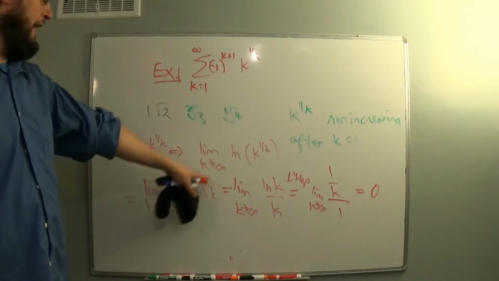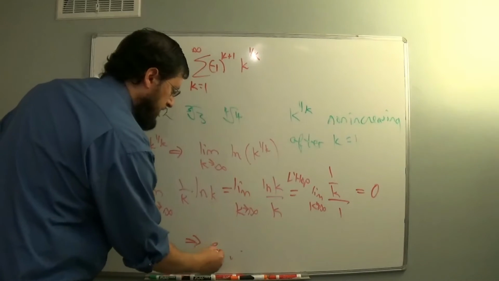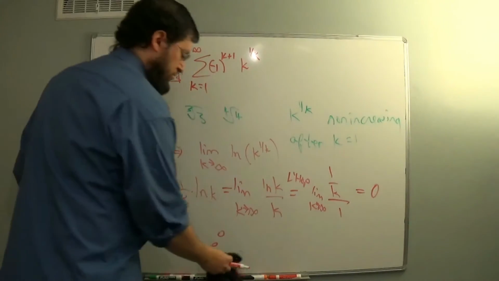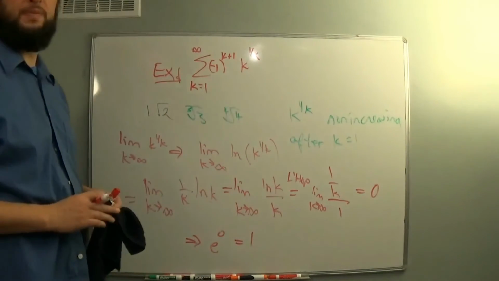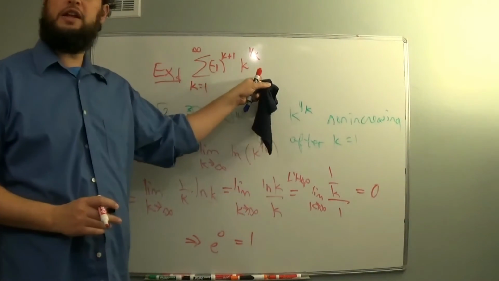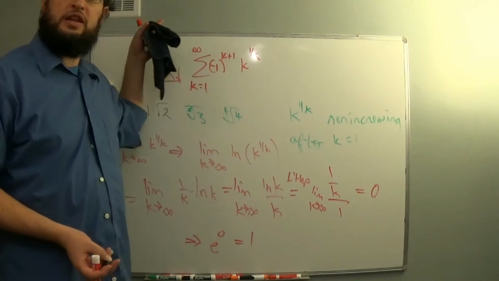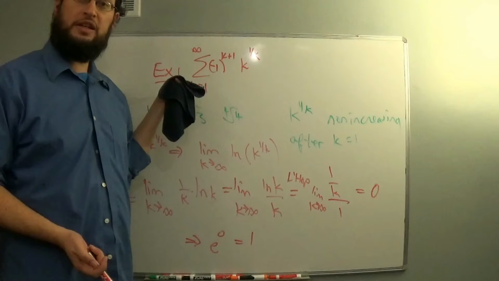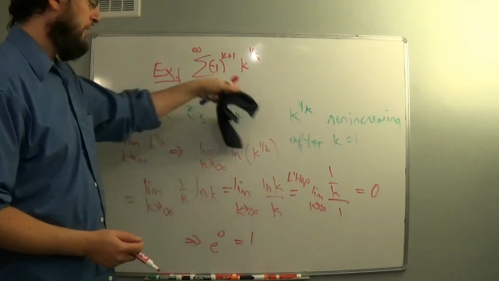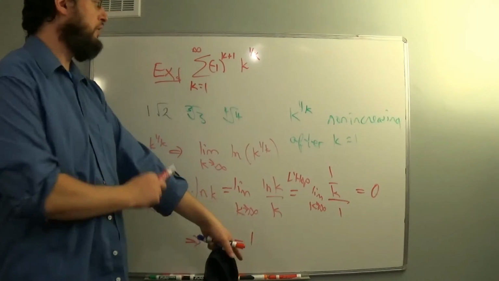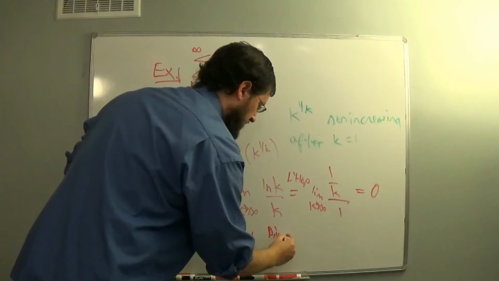But since we've used our natural log at the beginning, the final answer is actually e^0, to undo the natural log that we've done, which is 1. So the limit of the non-alternating terms is 1. Remember, for an alternating series, as long as it's decreasing or non-increasing, if the limit of the terms is 0, then it is convergent. These terms don't even go to 0, they only go to 1. So really, actually, by the divergence test,